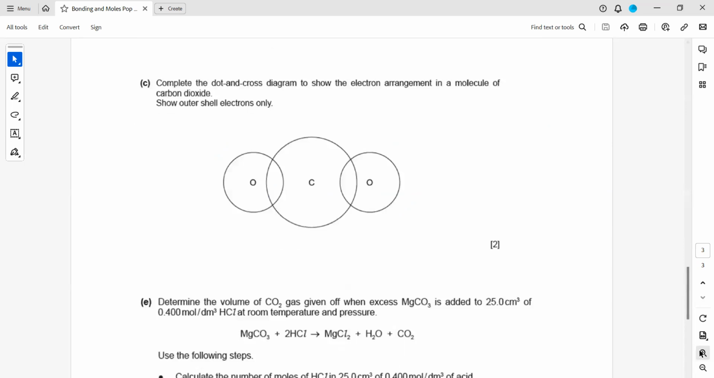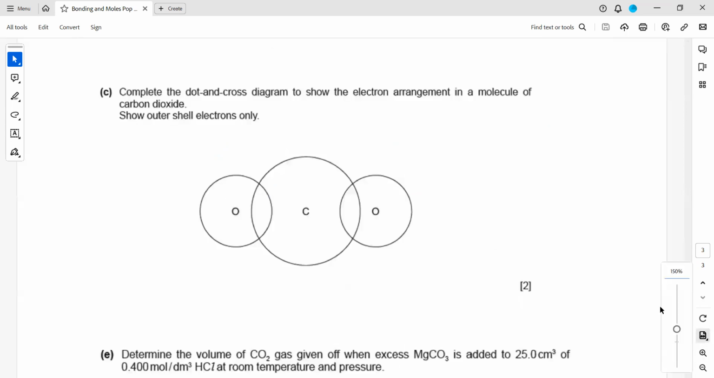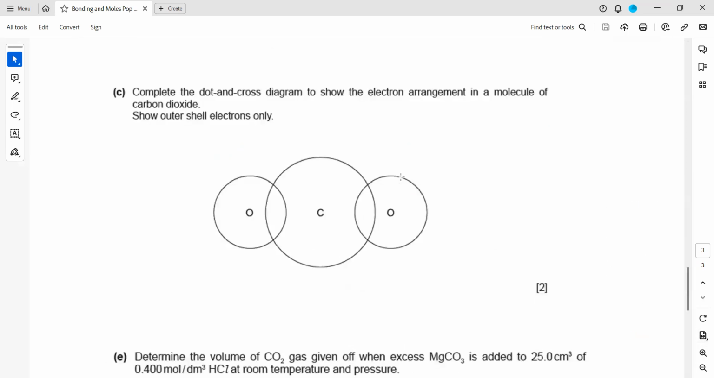Then complete a dot and cross diagram. This is a sharing of electrons, a covalent structure, that you have to draw. So you have to check the group number. Carbon belongs to group 4. If an element belongs to group 4, how many electrons will it share? Group 4 will share 4 electrons. How many electrons are left unshared? That is 0. And oxygen,